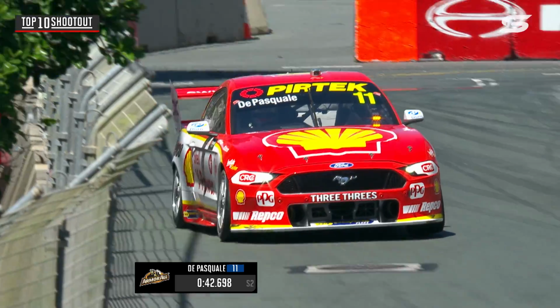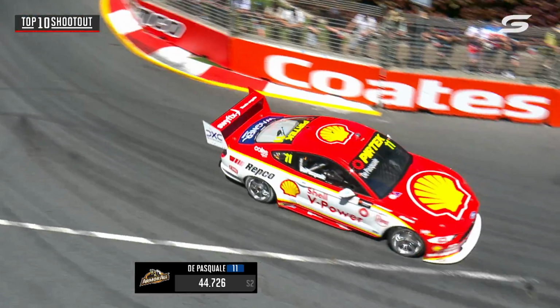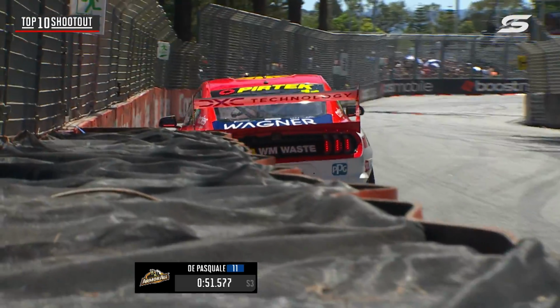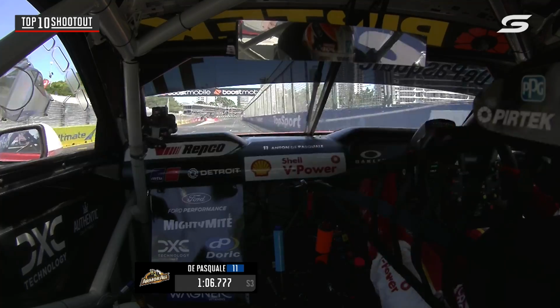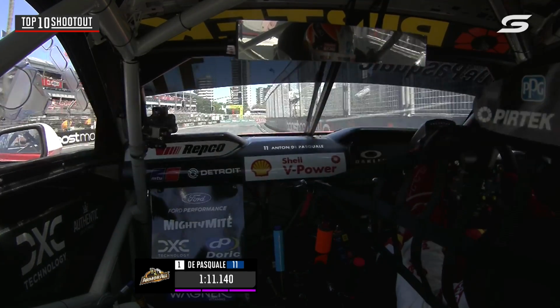Gets it nicely through there. Hits the apex marks right in the middle of the corner. This is a maximum attack and he's got the rear of the car loose into 12. Got away with it just, but he did catch a little bit of time in that process. Onto the main straight, using all of the right-hand side to try to shorten the run to the control line,